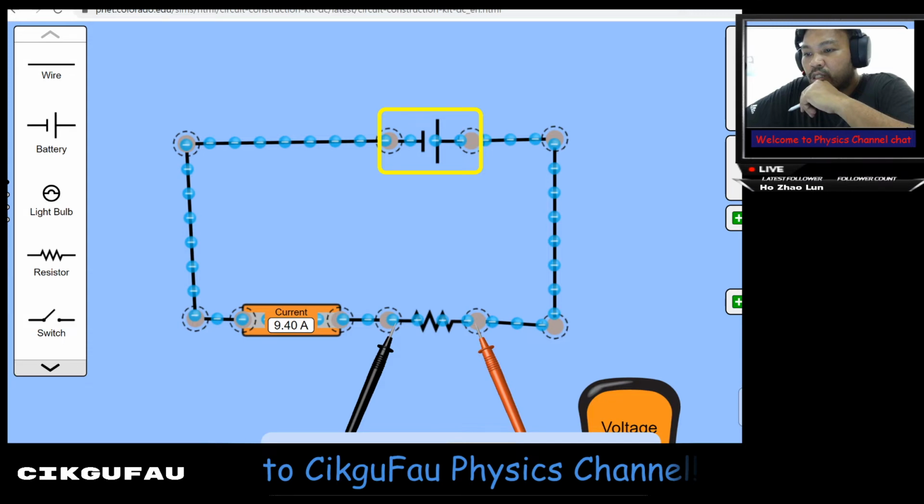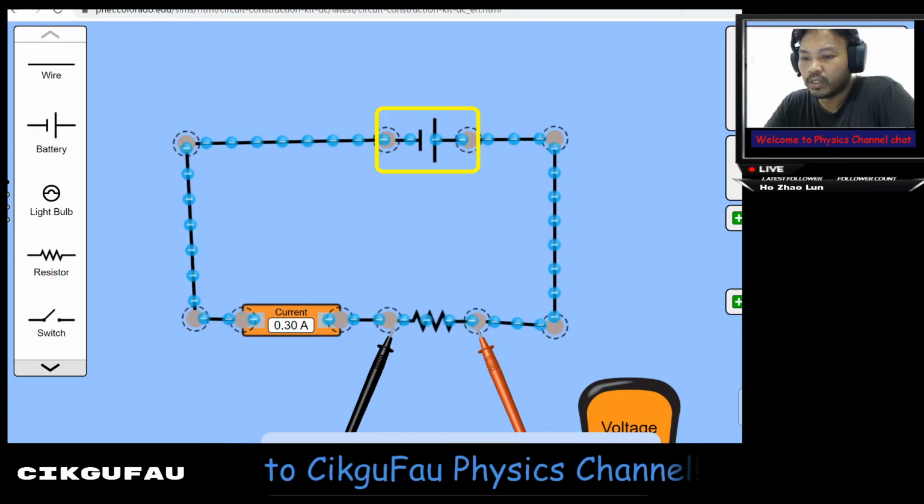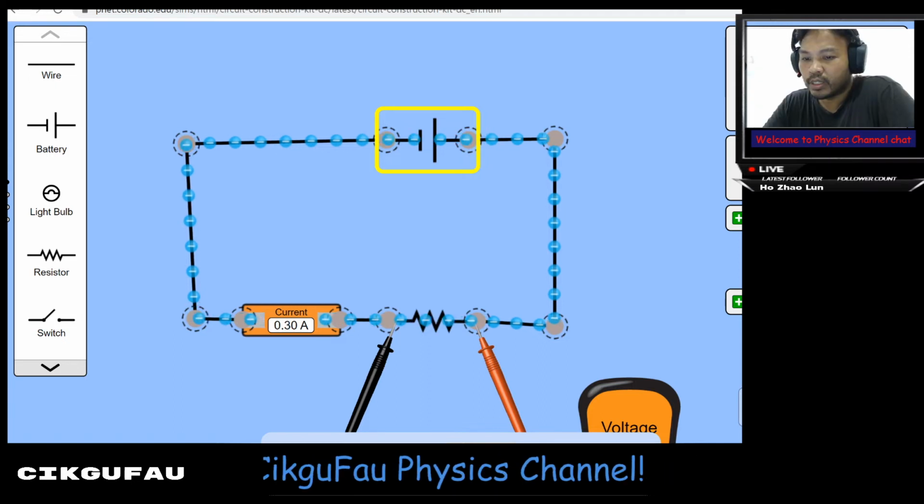So let's reset this back to a normal level. Let's say I set it back to 3V. So when I reduce this back to 3V, the current is 0.3 and the EMF here is 3V as well, right? So next, what happens when I change the resistance? So resistance has a value of 10. So when I increase the resistance,